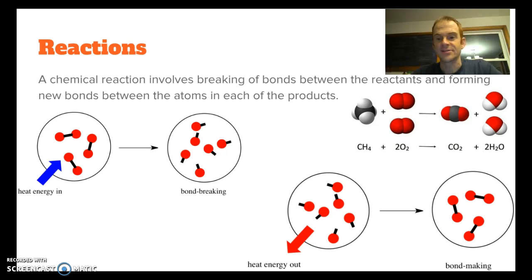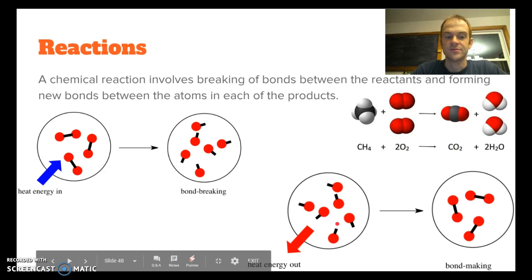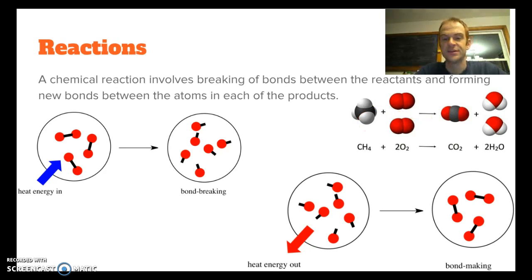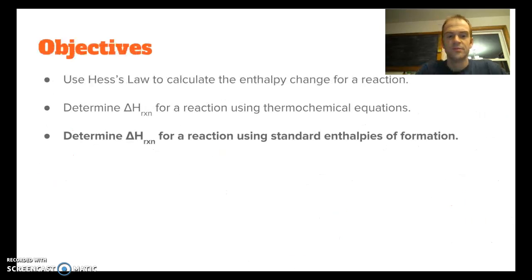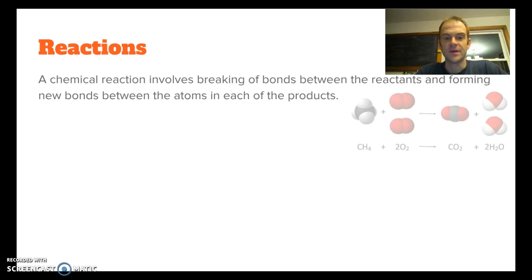When you make bonds, you release energy in that process. So all reactions, whether they give off or take in energy, ultimately come down to how much energy we put in to break apart the bonds that were there initially, and then how much energy was given off when we made our new bonds. And this is going to be a really helpful way to understand why we do what we do with standard enthalpies of formation. Okay, and so like our objective said, we're going to come up with, for a reaction, the amount of energy being lost or gained, all based upon